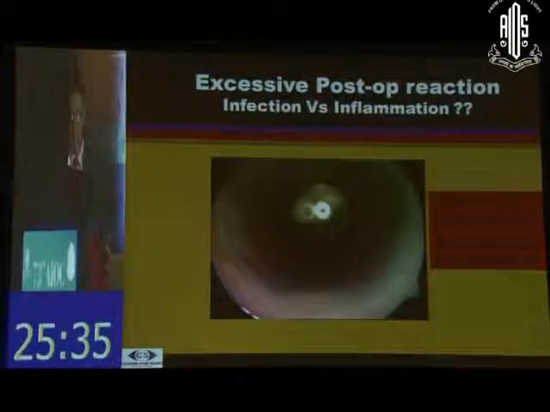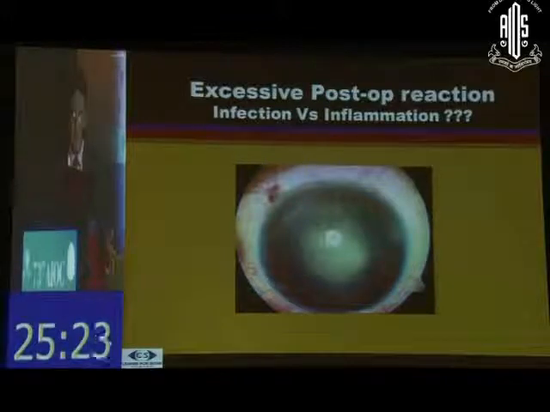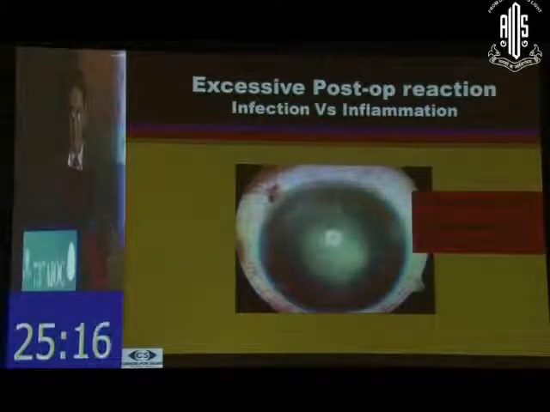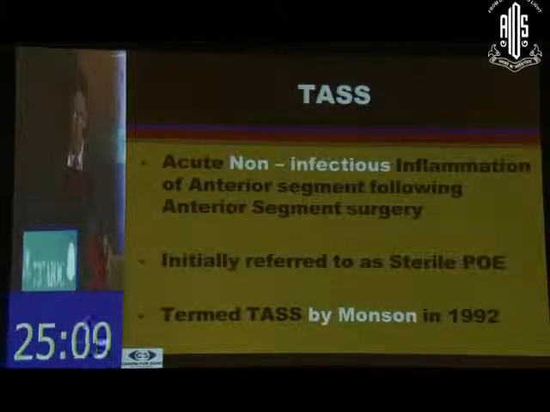This patient who was being treated for inflammation turned out to be infection, and we had to ultimately do vitrectomy also before giving an intravitreal antibiotic injection. This lady who was referred in an emergency had already had RK done somewhere, and an eventful cataract surgery, and was referred for an urgent vitrectomy, but ultimately we treated only with steroids, and it was a pure inflammation. So TASS is a non-infectious inflammation of the anterior segment. Everything is confined to the cornea or the anterior chamber.